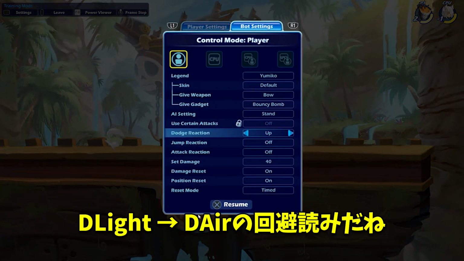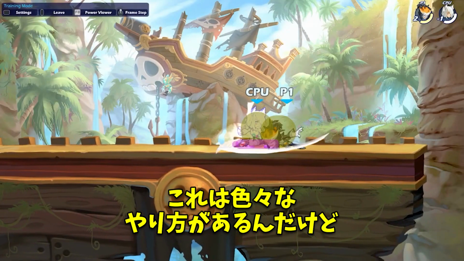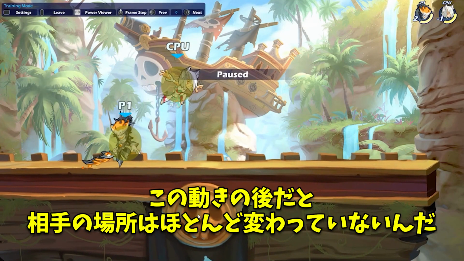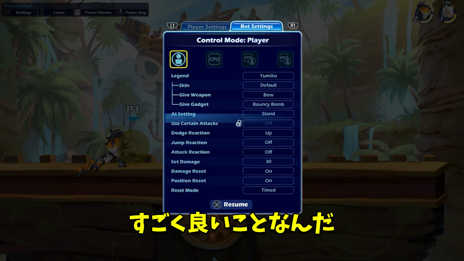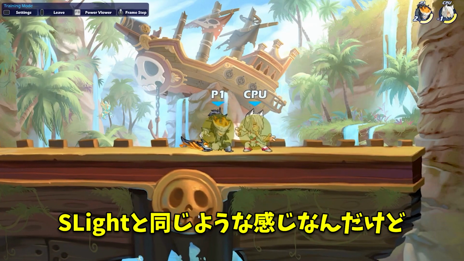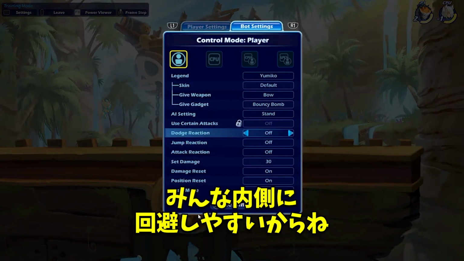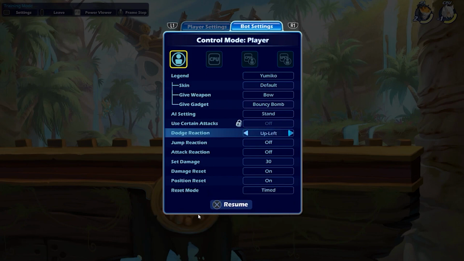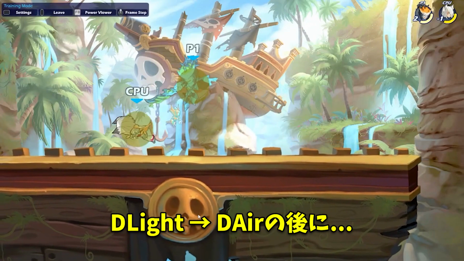So D-light dare dodge reads, right? There is lots to offer because off this move, early on, they are pretty much set in the same spot, and it's just really good. It's basically the same premise as sword sidelight. We're gonna start off with dodge in reads because that's a direction a lot of people like to dodge in. So we'll just put that to the right side. So off D-light there,